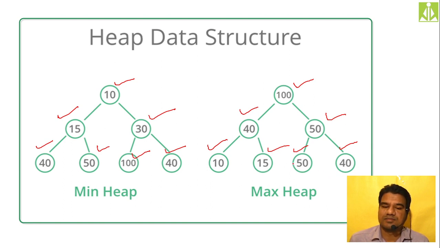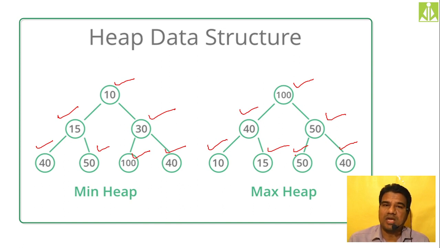So it doesn't matter. Okay, hopefully you understood this heap data structure concept, maximum heap, minimum heap. Always remember your root node in case of minimum heap must have the minimum value. In case of maximum heap, root node must have the maximum value. And the same definition recursively we apply to all the nodes present inside the heap data structure. Remember this one.